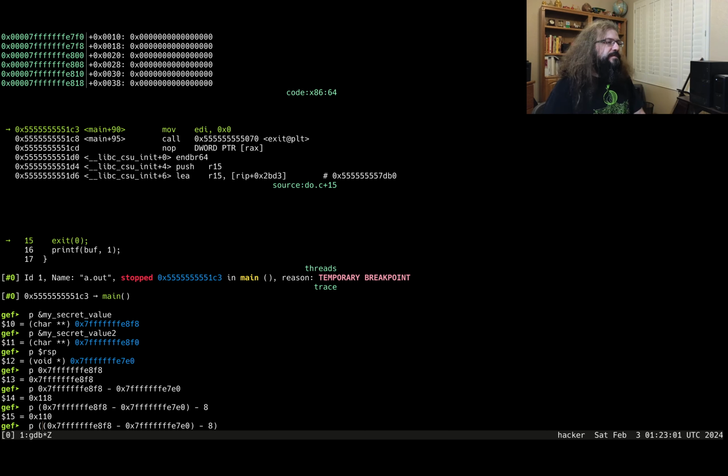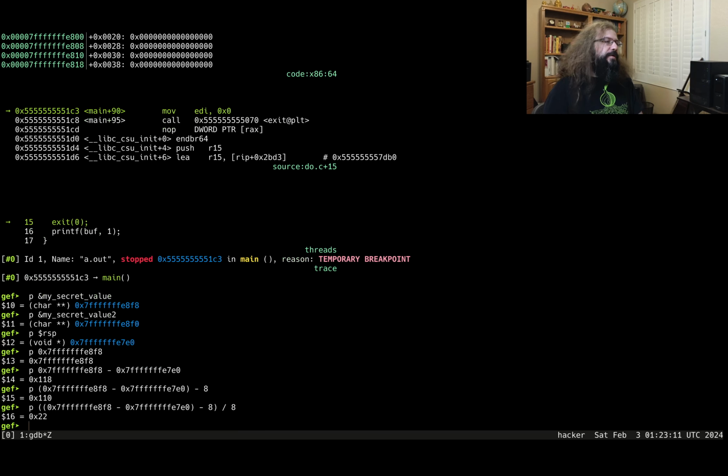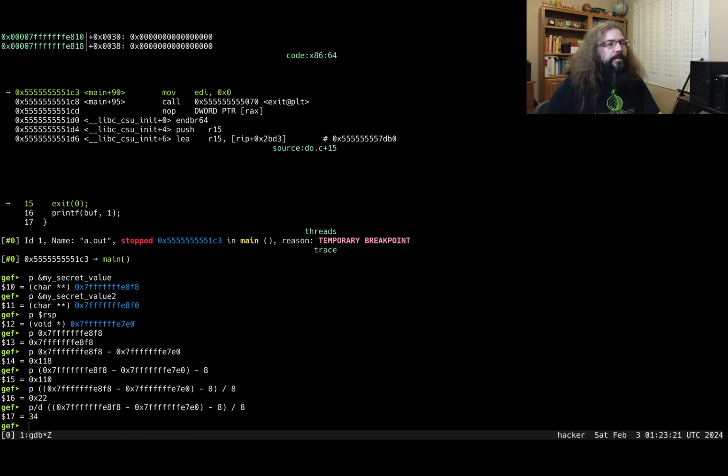And then I want to divide that by 8. Or you could divide by 8 and subtract 1, right? It gets you to the same number here. And then let's print that off as not a hexadecimal number, but a decimal number. And I get 34. Assuming I did the math right here,